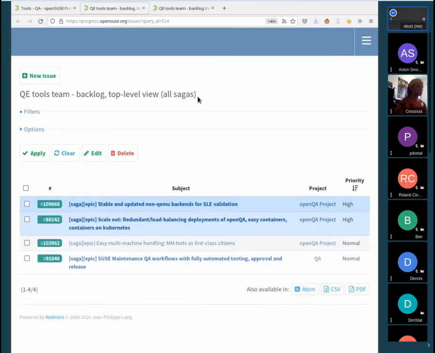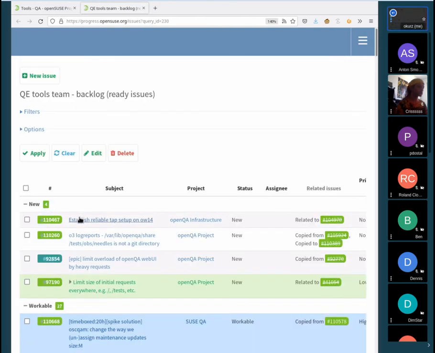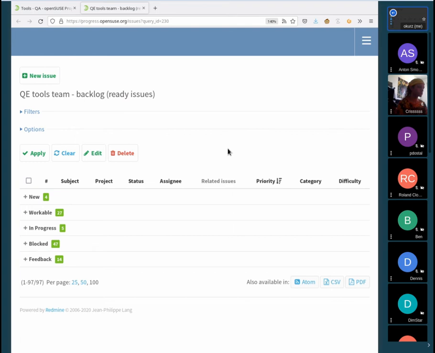Cool. Yep. Further questions or additions to that specific feature? Then let's come to the details in the backlog. Currently we have 97 tickets in our backlog, which is a lot. We have a rather big list of blocked tickets, which is definitely a lot.